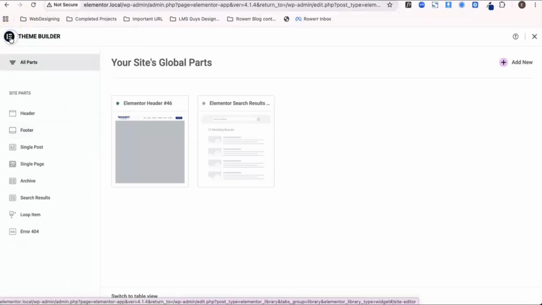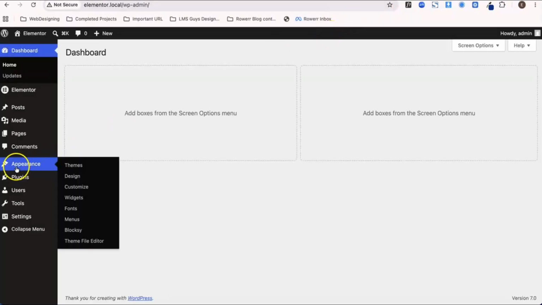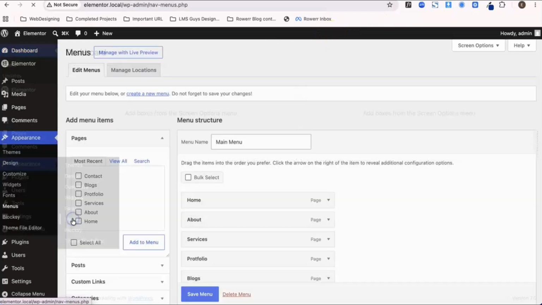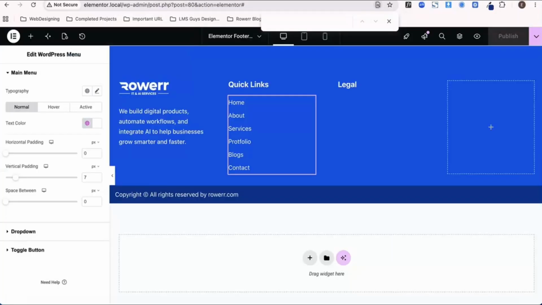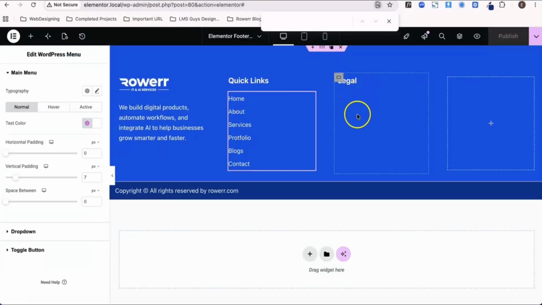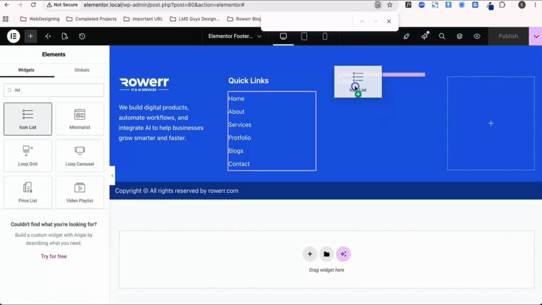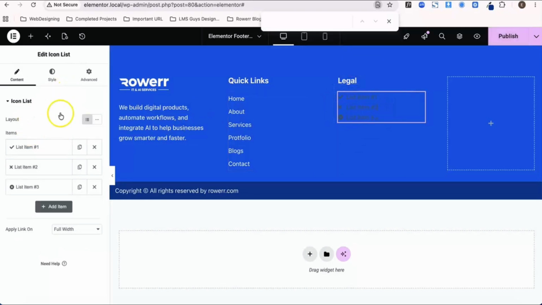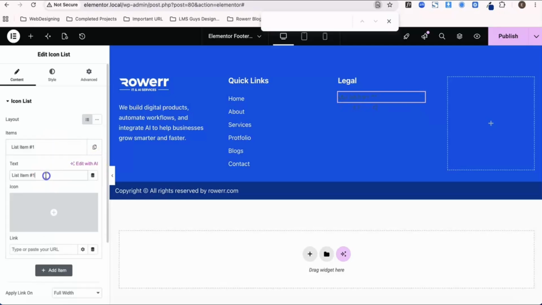We'll go back here. Appearance, and in the menu, now here you can see we don't have any legal menus like terms and conditions, privacy policies, so these options we don't have here. We will go back to the editor, and here we will take a list. We'll go here, list, and I'll add the list items, and then I'll remove this icon, remove this, and then we can use